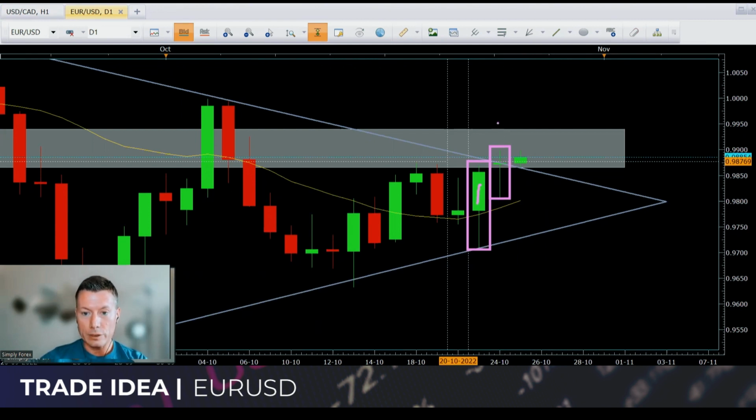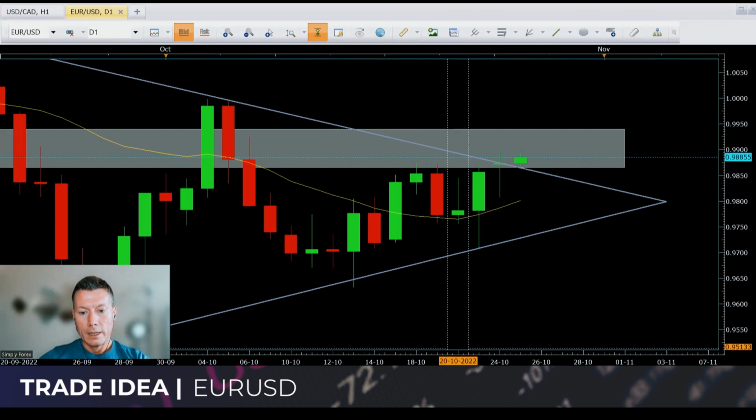The next candle, this doji, tells me buyers are slowing down. There's some indecision in the market. Sellers could take control of the market, buyers could carry on. But the important thing here is there's indecision. Sellers could take control. Whereas with this candle, sellers are not taking control. So price, buyers are slowing down into this grey zone.